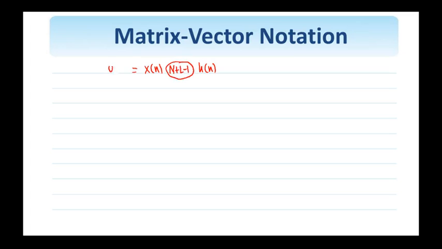Let's call this y of n again. So this means I should pad x of n with l minus 1 zeros and then carry out the circular convolution. So if I do the same thing here now, which is to put all the values of y into a vector,